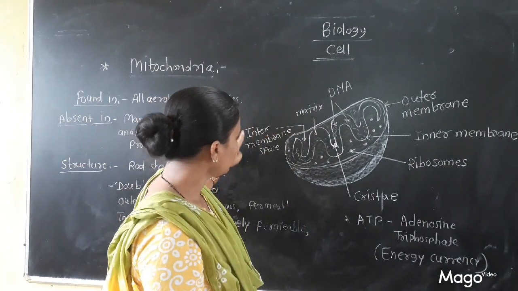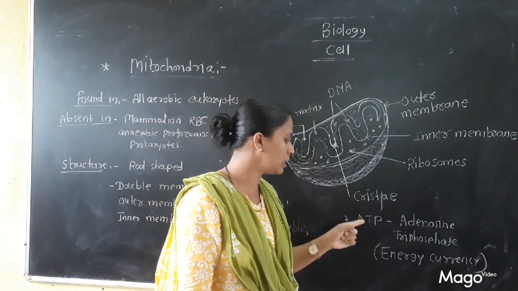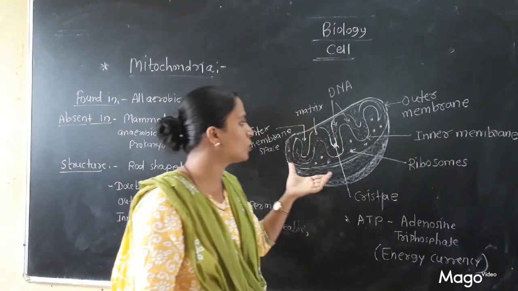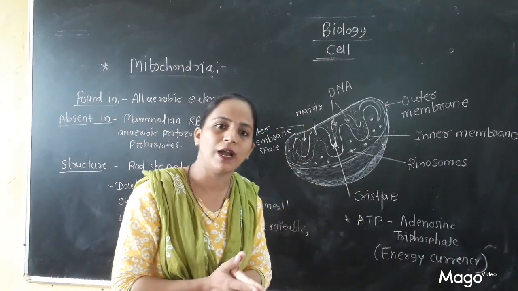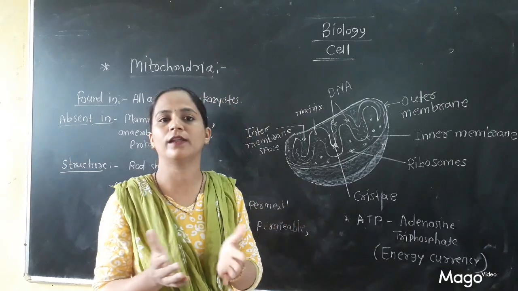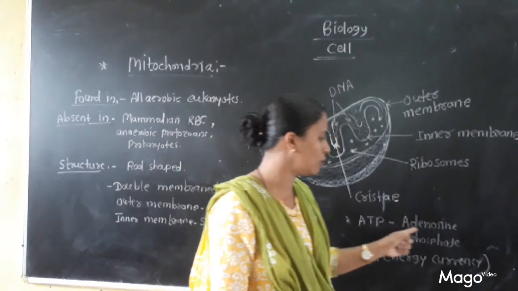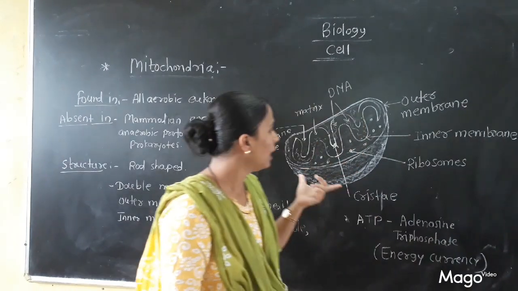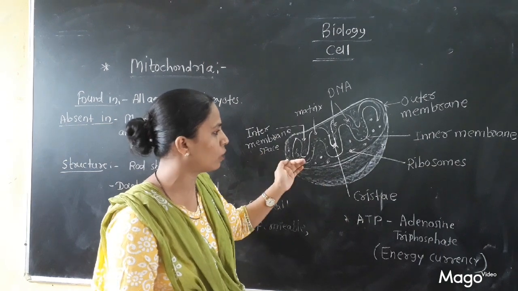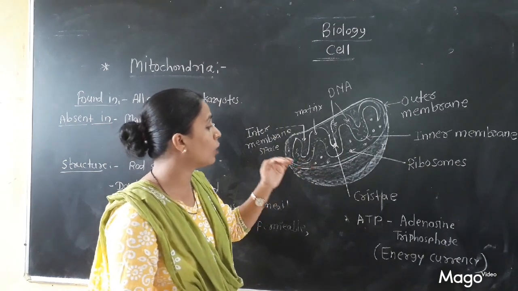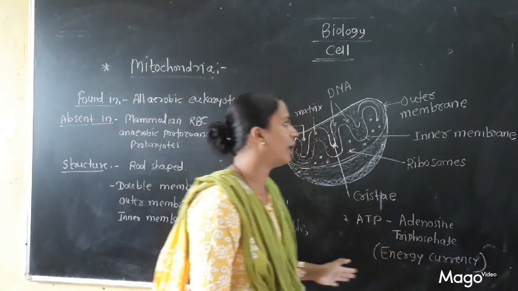And then when we are talking about its function, its function is to synthesize ATP molecules. Also it is called the powerhouse of the cell because however much energy is required by the cell, mitochondria provides that energy to the cell in the form of ATP. ATP stands for adenosine triphosphate. Then it is also responsible for the synthesis of some biochemicals like cytochromes, steroids, fatty acids, chlorophyll, phospholipids. Remember these things, these are the functions of mitochondria.